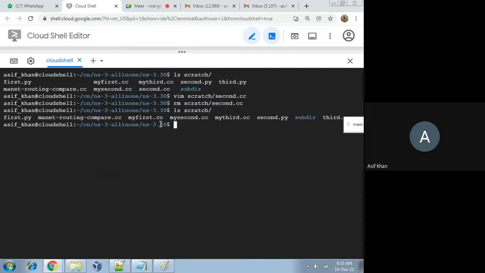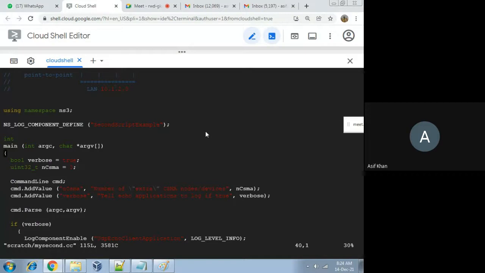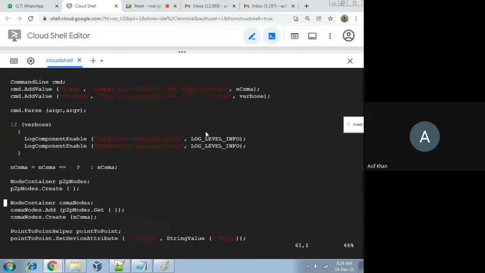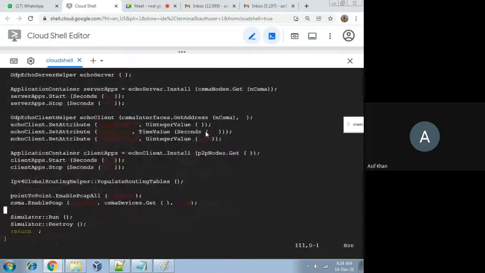Now second.cc is not present here. My second.cc is already here; I have renamed it. Let me check it. My second.cc program is present here. Let me remove this also.